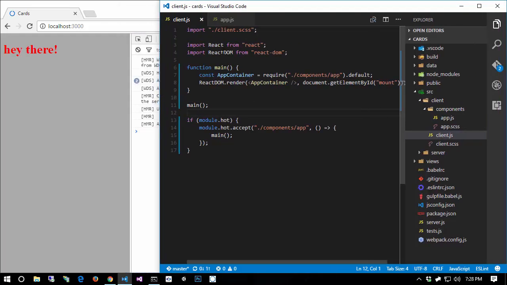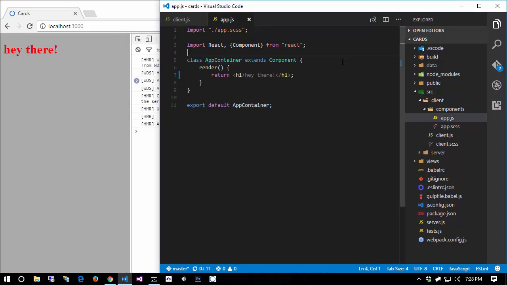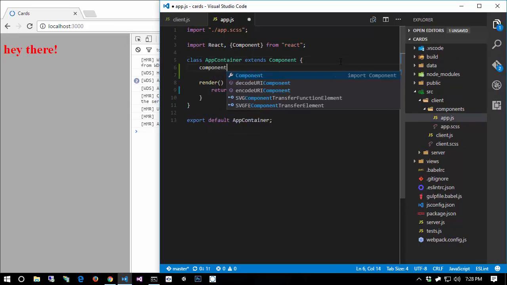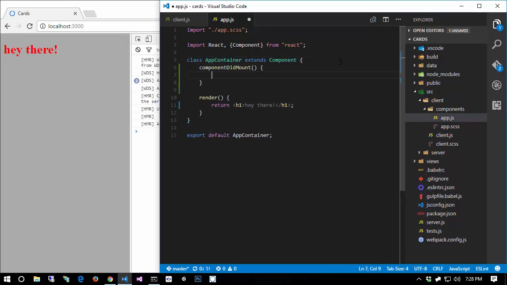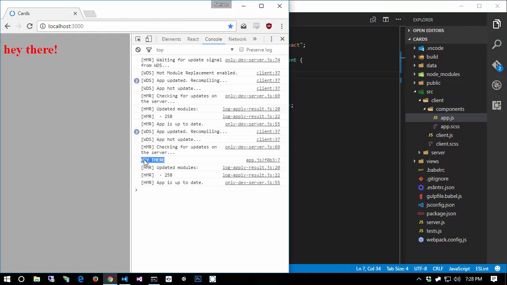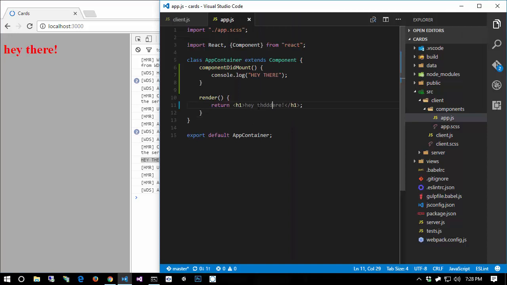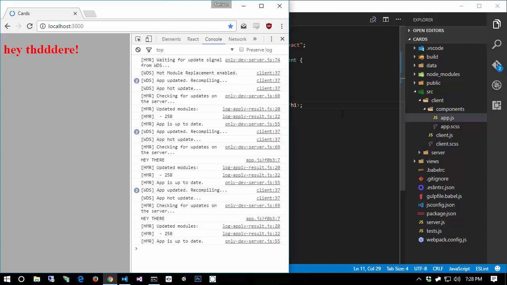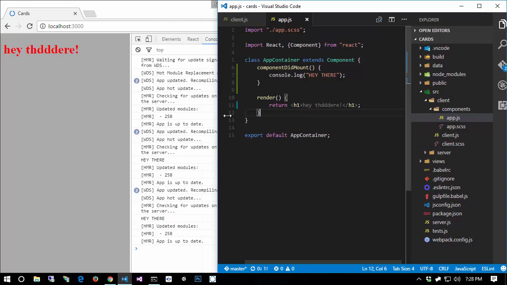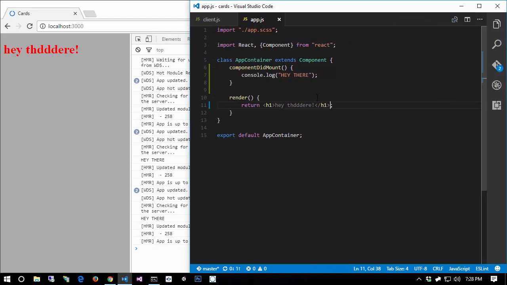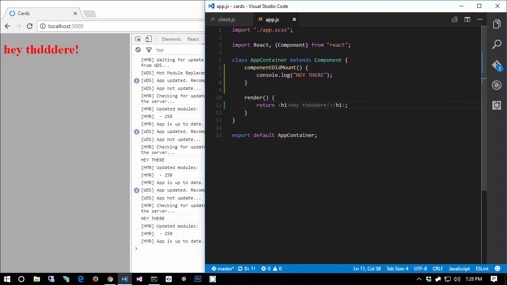The first problem is, if I put code on my app container, let's put in a component did mount, and say console log hey there, and hit Control S. Notice how that's executed, that component did mount is executed every single time I make a change and it hot reloads. This is going to become problematic, because what's happening is this entire component